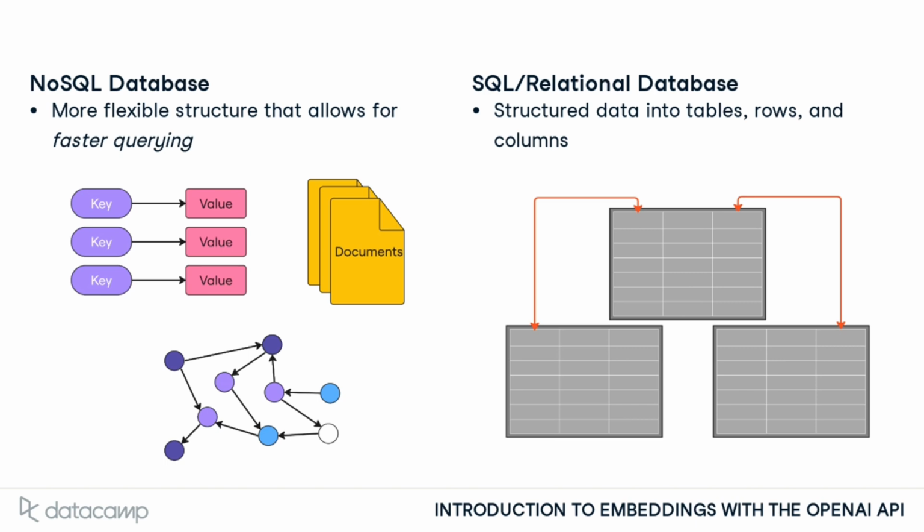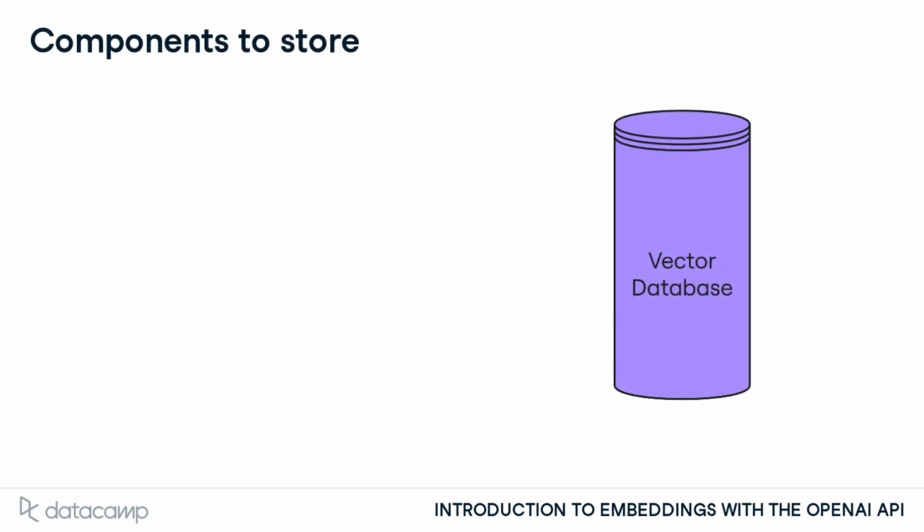3 examples of NoSQL architectures are shown, including key value, document, and graph databases. Vector databases aren't only used for storing the embeddings. The source texts are also commonly stored. For vector databases that don't support this, source text must be stored in a separate database and referenced with an